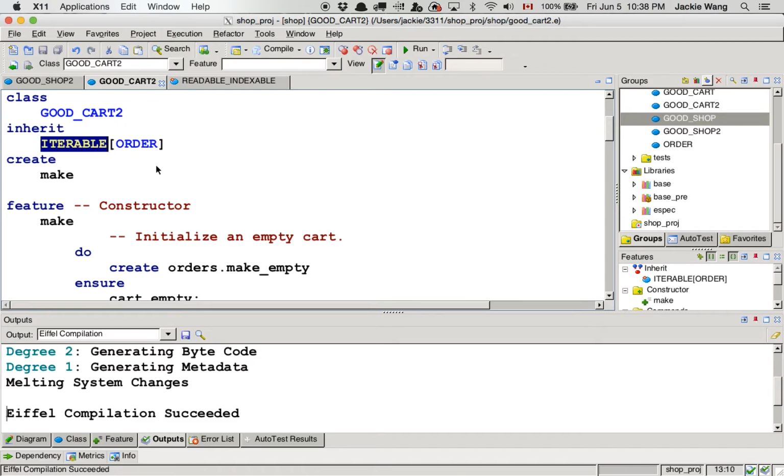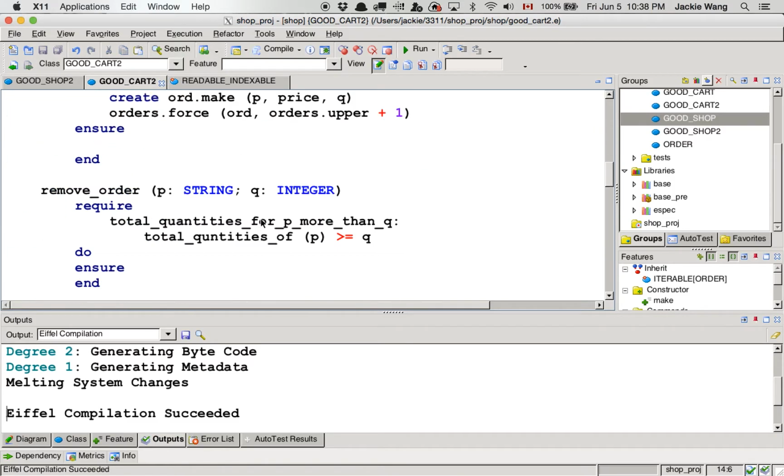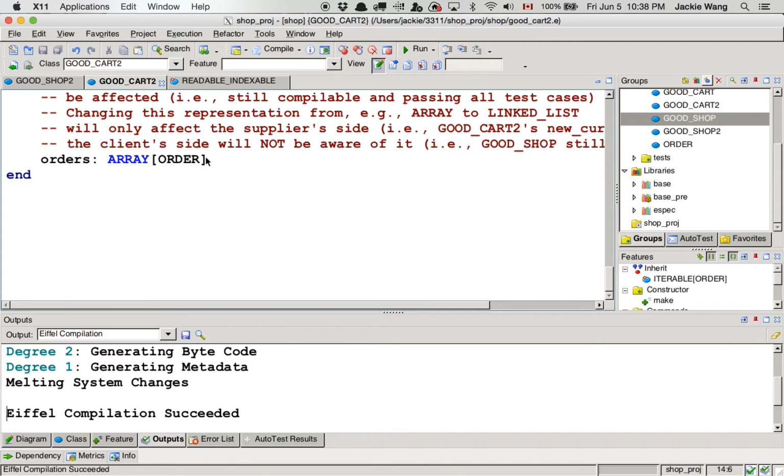Iterable of order. If you contrast this iterable of order with array of order, you can see both of them are collections. So let me just write this out temporarily: array of order, and also iterable of order. If you compare these two collections, this collection here has a very specific notion of how the data are